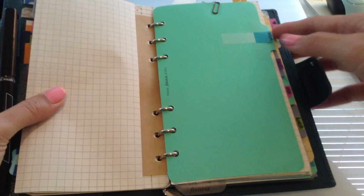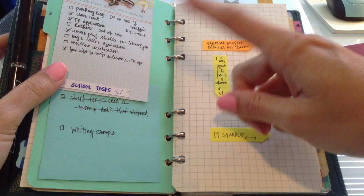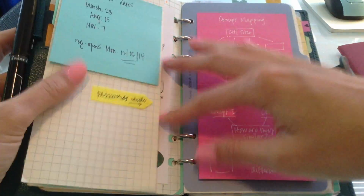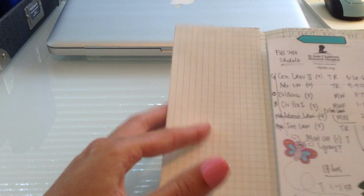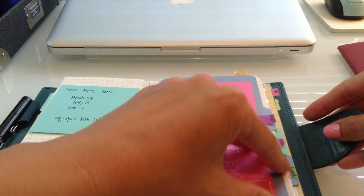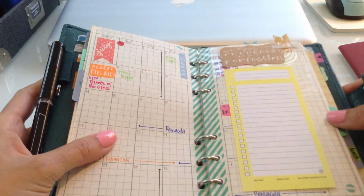The next section is my school section. And I don't have a lot in here yet because I haven't started the semester yet. But I've got a little quick list of things to do. And I had made up another one of those fold-outs that I just showed you, and I'm thinking I could utilize it for planning school projects and big writing assignments that will take all semester to write. A couple of little sticky notes with some diagrams on there, and at first I didn't have a month on 2 pages